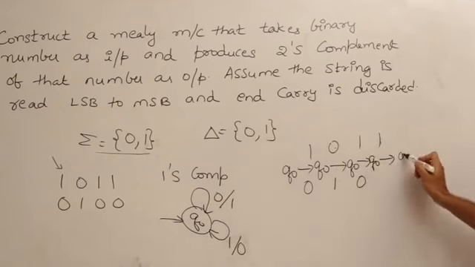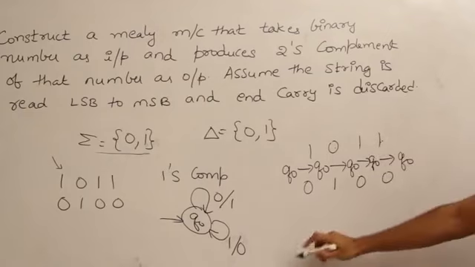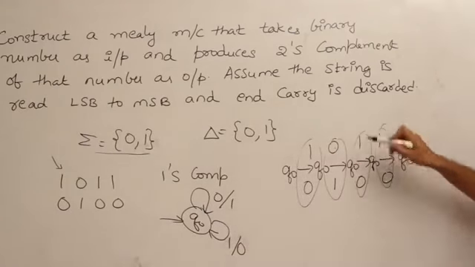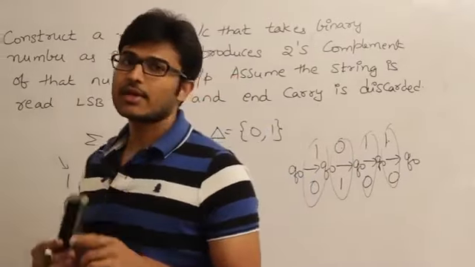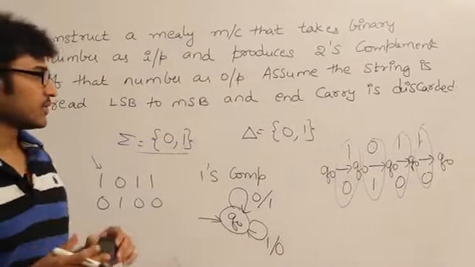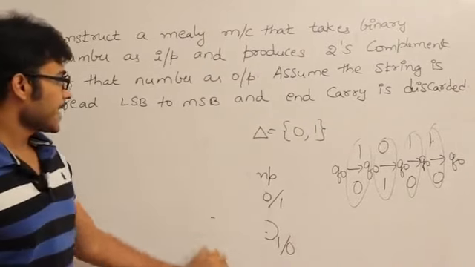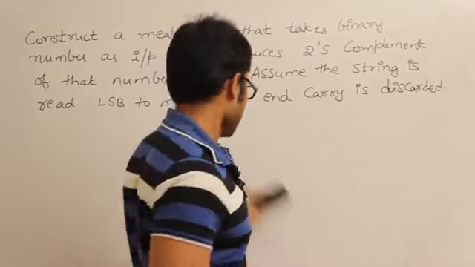Again on 1 I'm going to be in Q0 only, and Q0 on 1 is going to produce 0. So that is how we got the ones complement, right? So ones complement is easy, simple. Whenever you see a 0, you are going to print 1, and whenever you see a 1, you are going to print 0. But twos complement is not that easy,